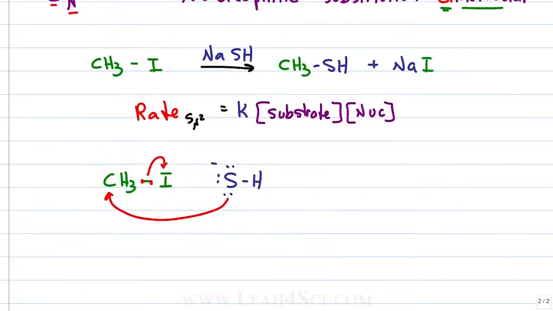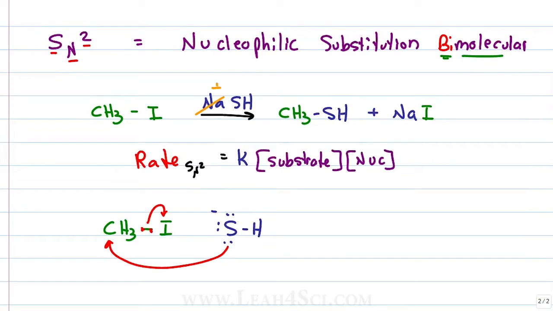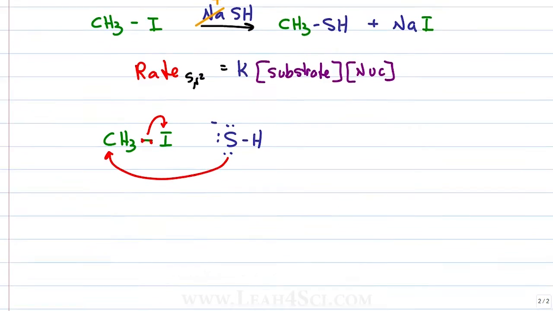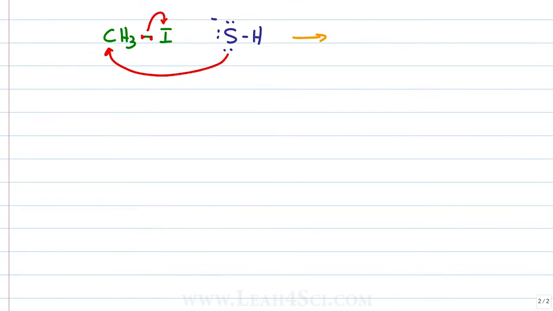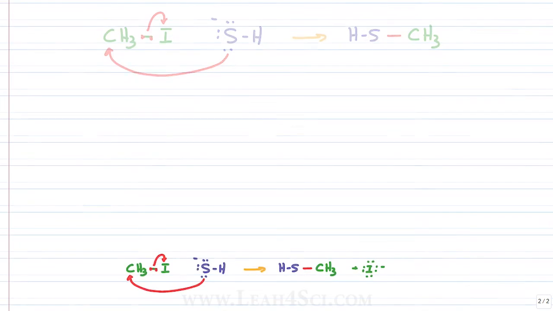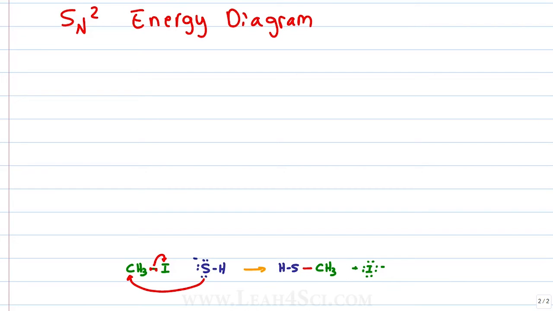To understand the reaction, let's first look at the mechanism, where CH3I is attacked by the SH-. The nucleophile SH- is going to attack the carbon holding the iodine, which will then kick out the iodine in a backside attack. Notice there's no sodium in the mechanism because it's simply a positive spectator ion that does nothing to the reaction. Our product is going to have the SH now bound to the carbon with an I- floating around somewhere in solution. Let's move the reaction down so that we can understand what it looks like on an